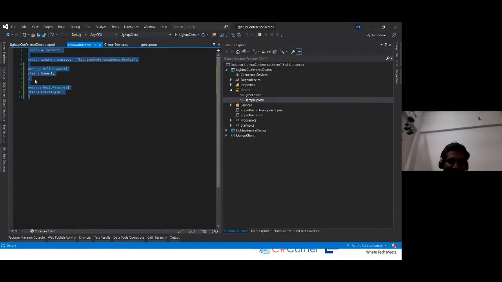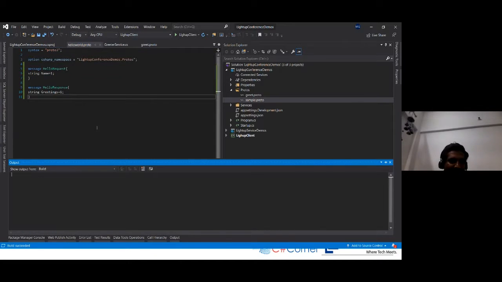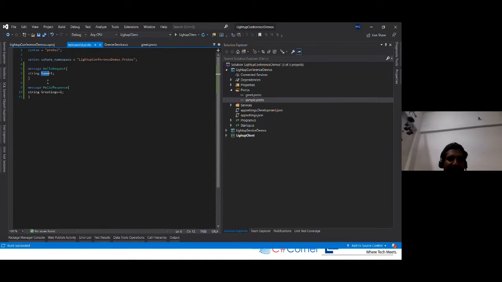One interesting thing that we can check here is that every field in this message has some numbering with it, that is one. What is this numbering? Basically, these numbers indicate the field numbers which are used to identify fields in the binary encoded data. Protobuf encodes the data while sending it over the wire. It is binary encoded, so these numbers are used to recognize that particular field.